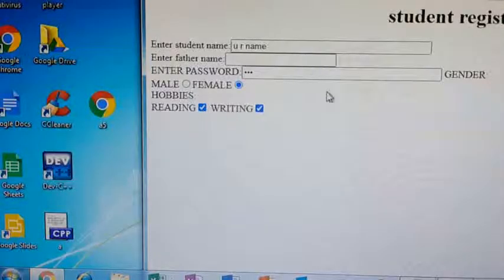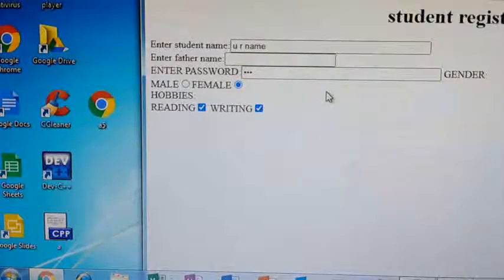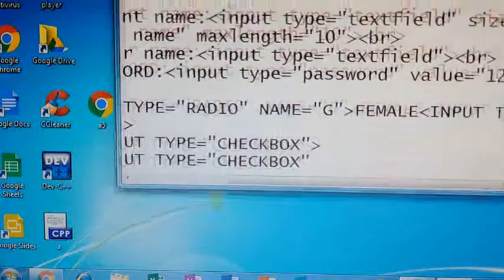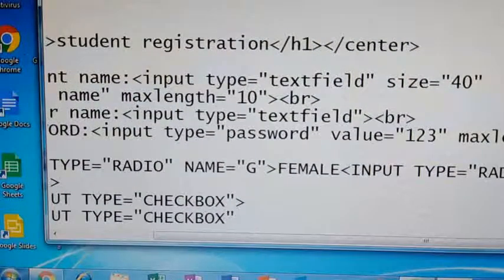And hobbies, if you want to collect more than one value from a user, then you can give that information as checkboxes. If you are giving checkboxes, there you can add more options. Whatever attributes I have given, like length and all, you can use for the remaining attributes also.